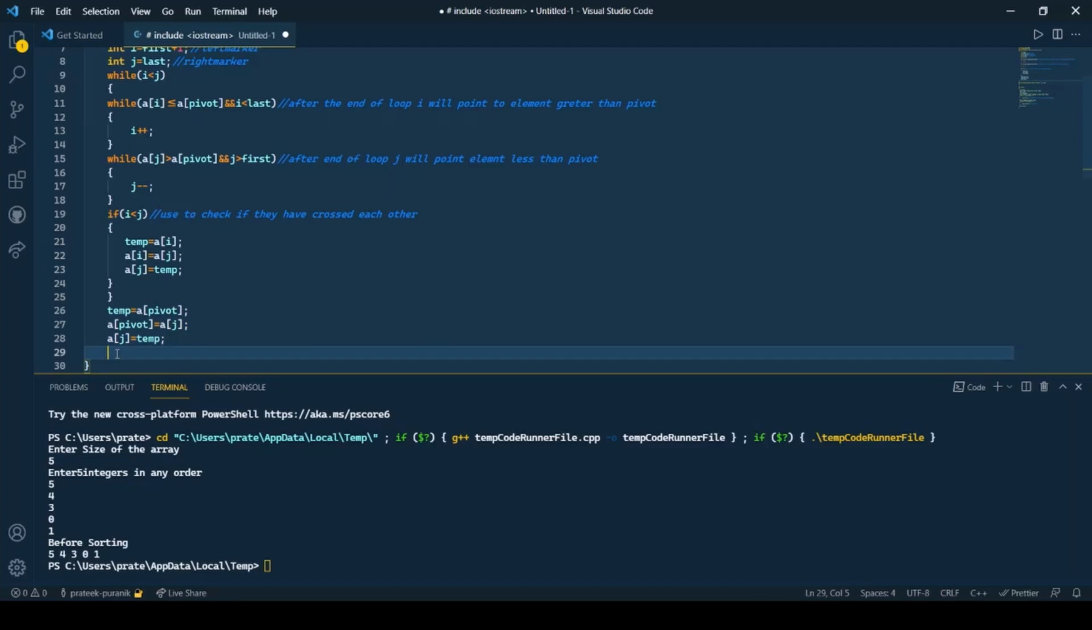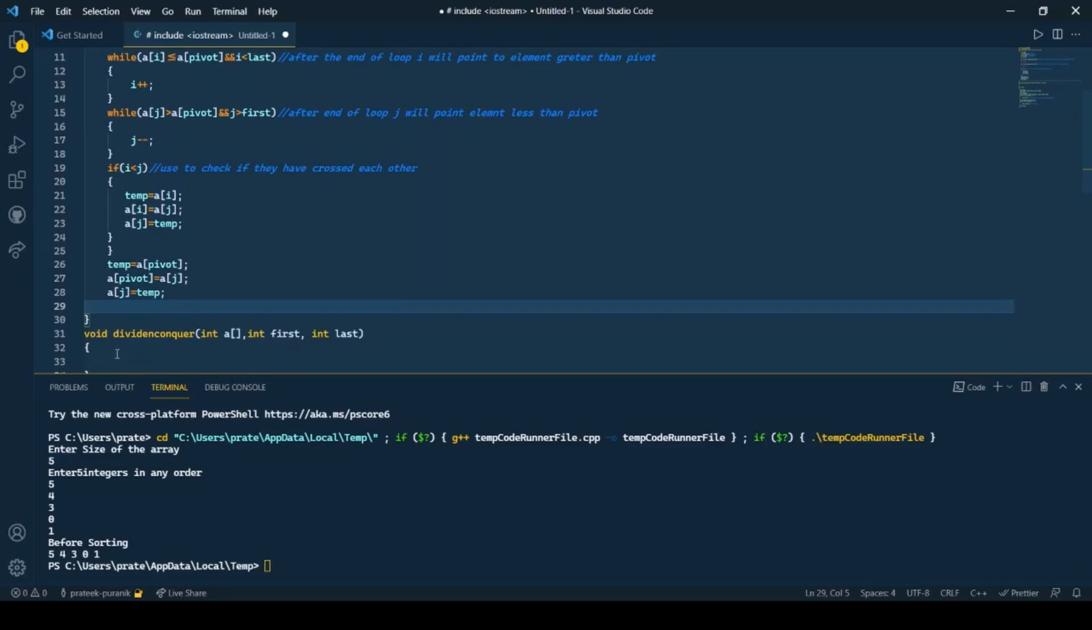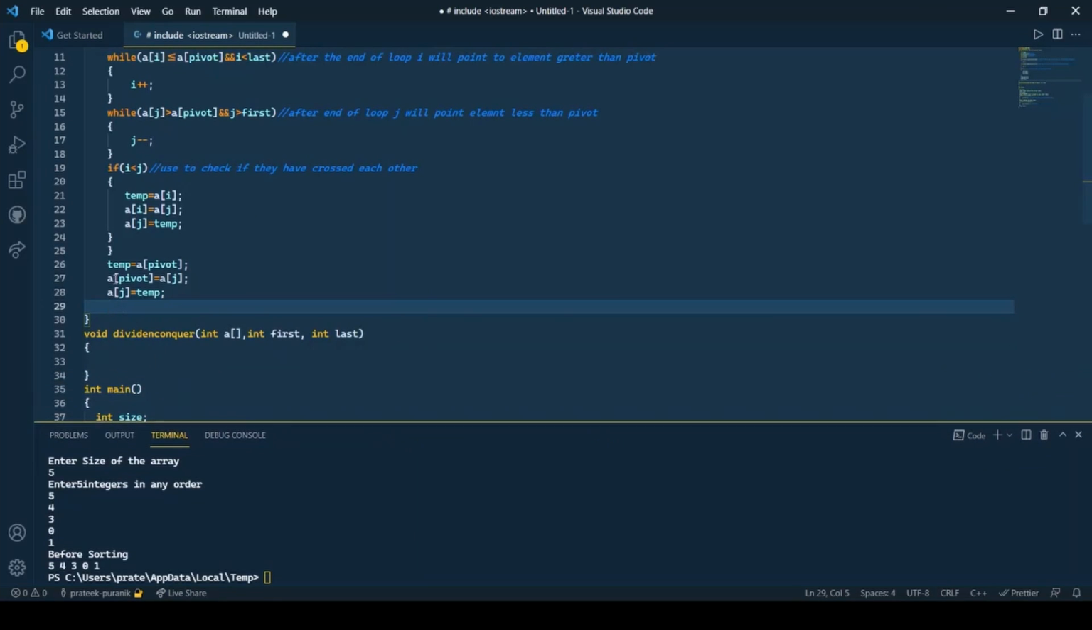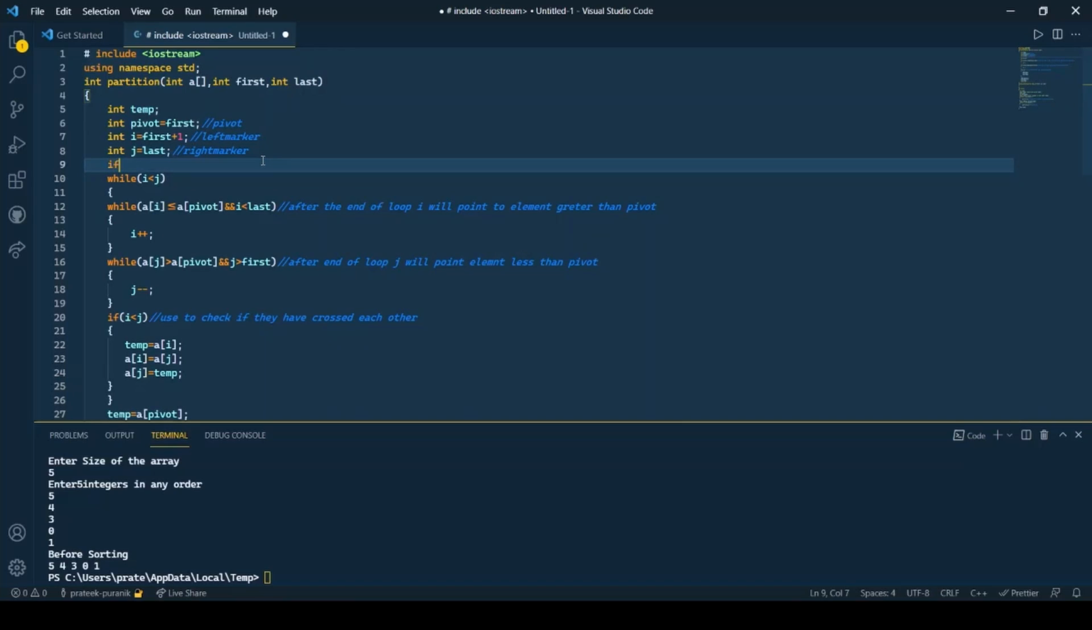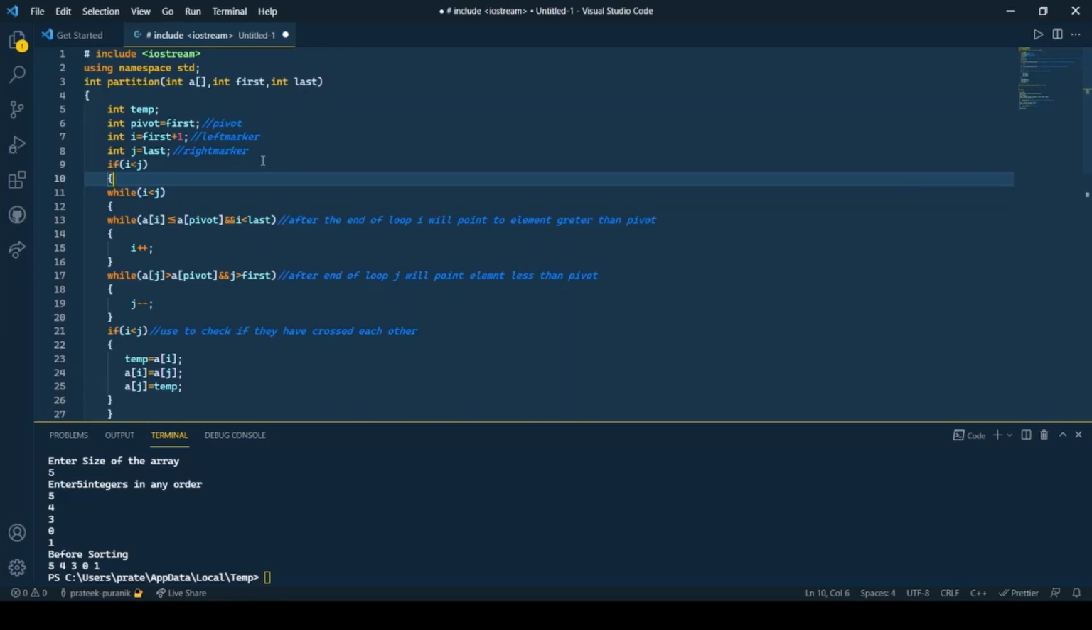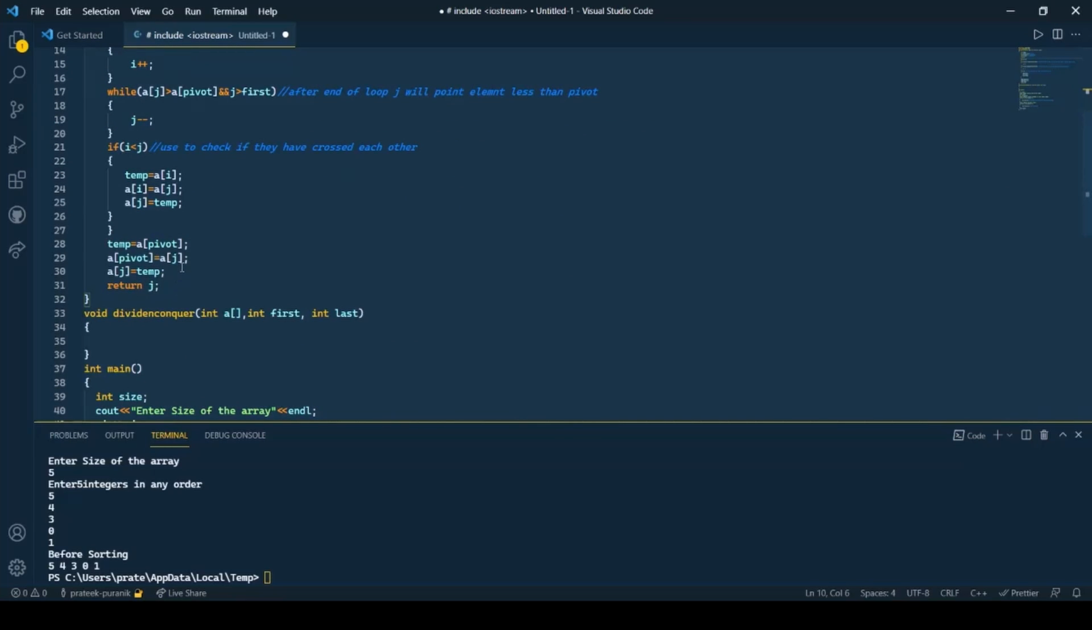As you remember earlier, we need to also do the divide and conquer process. So that is why we need to basically return j, so that we can divide the remaining elements, the left hand side part and the right hand side part. So that is why we are going to return the value of j. Okay, now there is one additional step which we need to do, that is add if i is less than j,